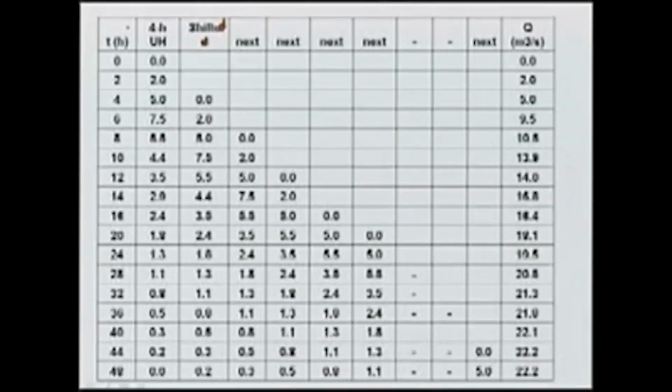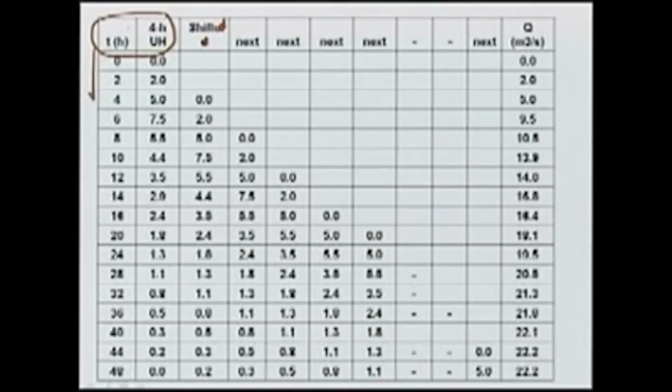For durations which are not even multiples of 4 hours or the given hydrograph duration, we have seen that an S curve can be developed and then any required duration hydrograph can be developed by shifting the S curve by that particular amount and then dividing the resulting hydrograph by the appropriate amount. So, we will look at the example where we are given a 4-hour unit hydrograph and we want to obtain a 2-hour unit hydrograph. So, let us look at this table which shows the 4-hour unit hydrograph